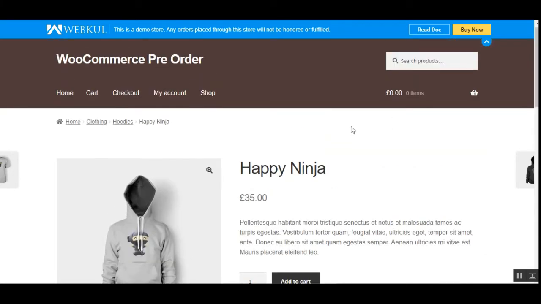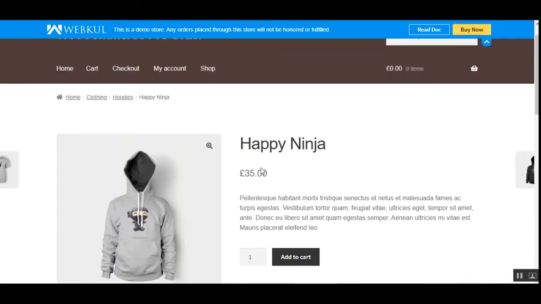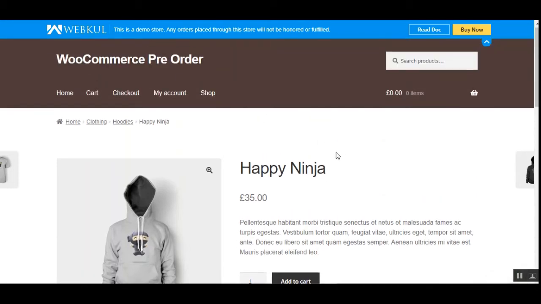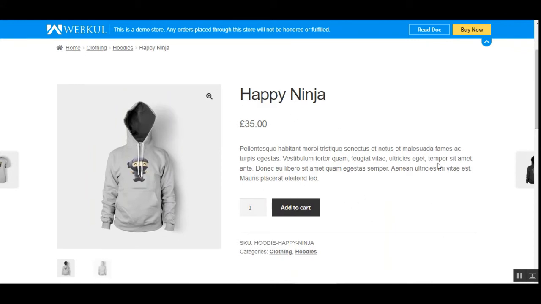So that was how we can add a product with the pre-order amount, and then whenever the product is in stock we can make the rest of the payment as well. So that was how a customer would be able to purchase a pre-ordered product when the admin had set the partial payment for that particular pre-order product. So that info was also visible on the product page as I've already shown you in the starting of this